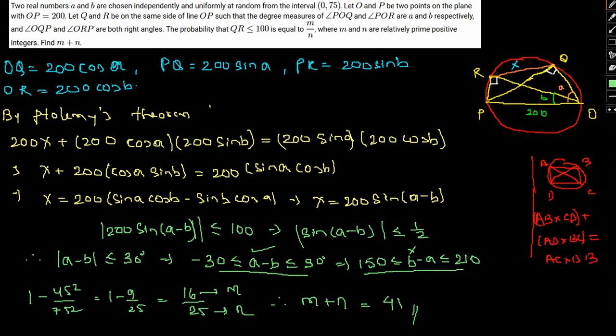With that said, we have come to the end of our video. Hopefully this question is clear to you as far as the approach is concerned. We simply used trigonometric functions to derive our solution, and we simply applied Ptolemy's theorem on a cyclic quadrilateral. Kindly go through the video as many times as you like to understand it better, and also use this video as a guide so that you can practice on your own, and this video will be a reference for you.